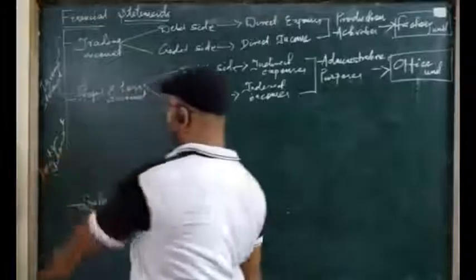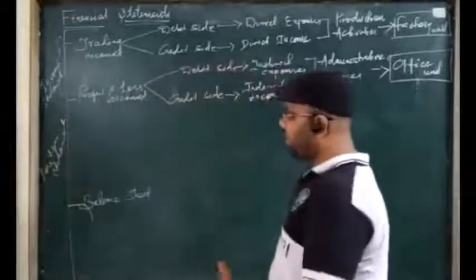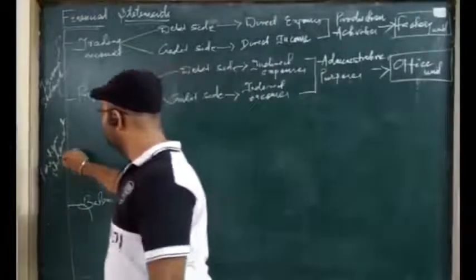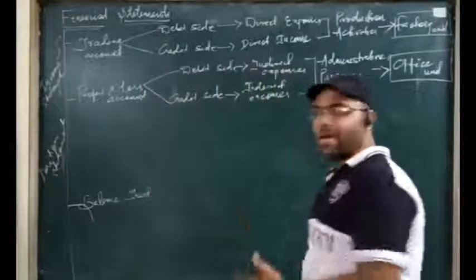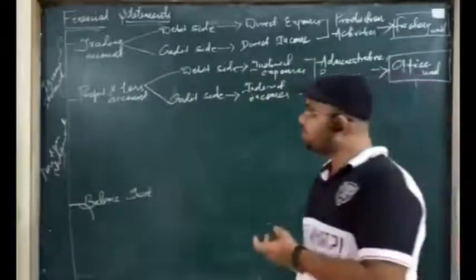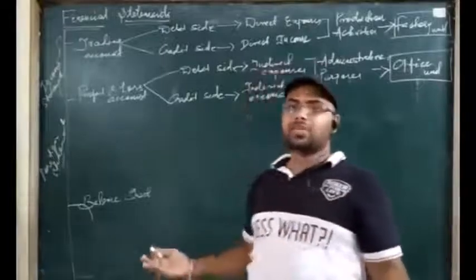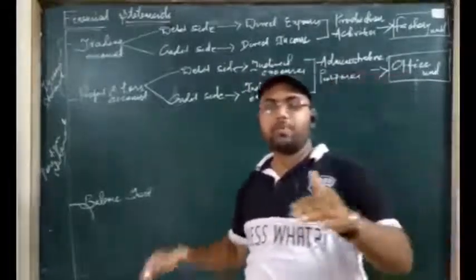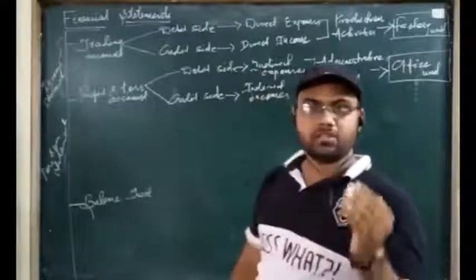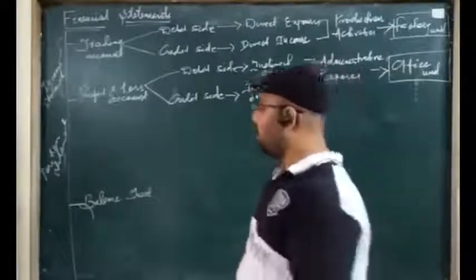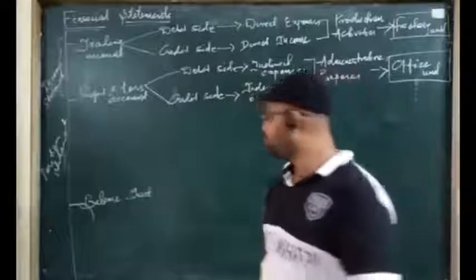which is otherwise called the position statement. Why is it called the position statement? Because it discloses the financial position of the business. And why are the trading and profit and loss account called the income statement? Because it determines the excess of income over the expenses. So basically the different types of incomes are shown in this account, so it is called an income statement. And then also you get profit or loss.